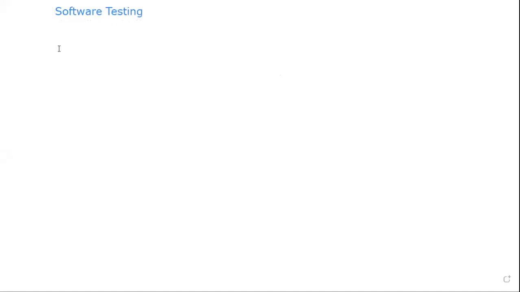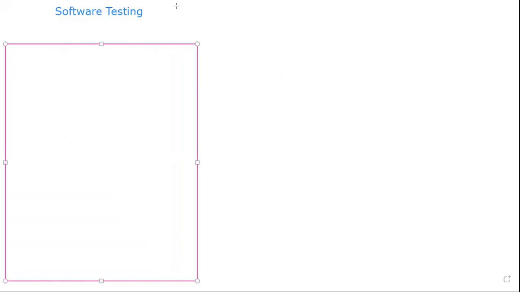We will go over what is software testing. Just to recap, we have a web application written. The web application is deployed in Tomcat, or with Spring Boot it is an embedded Tomcat.